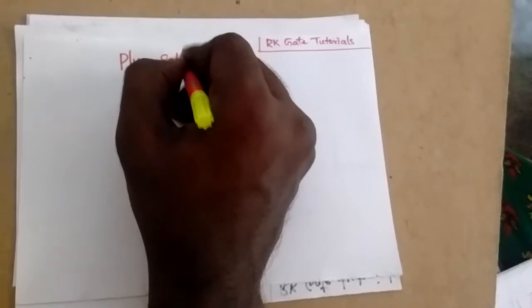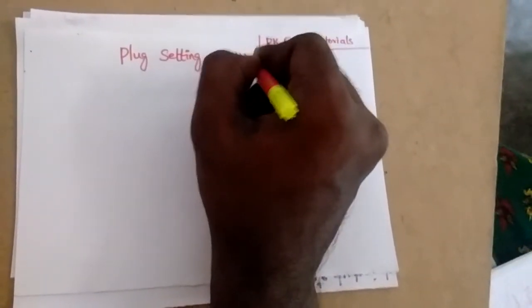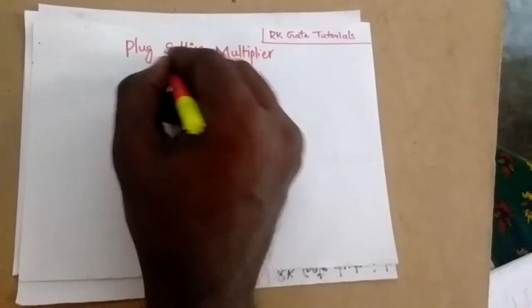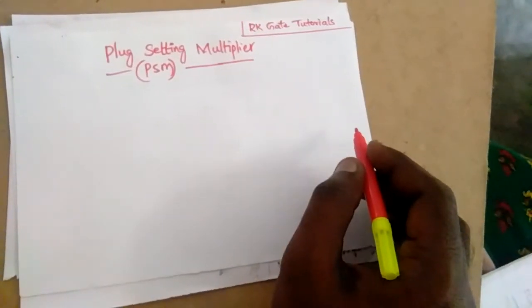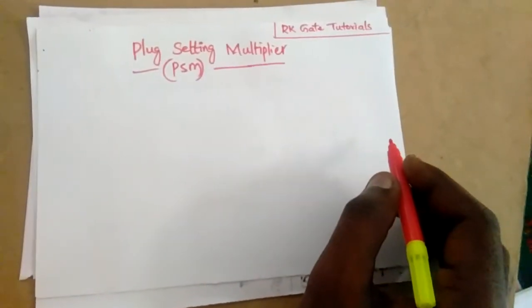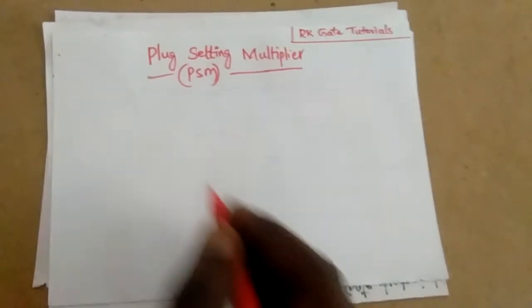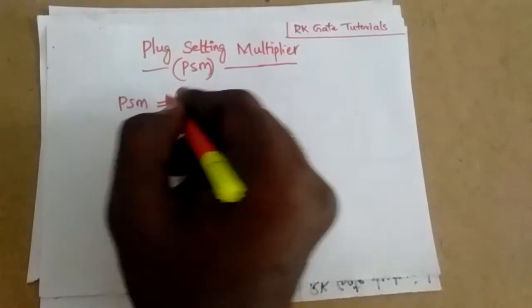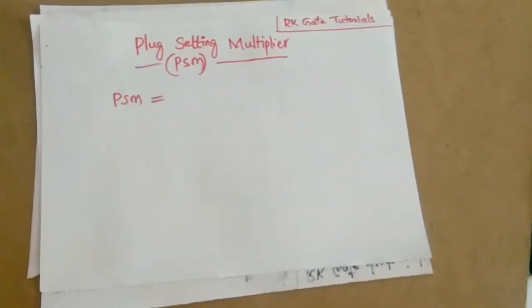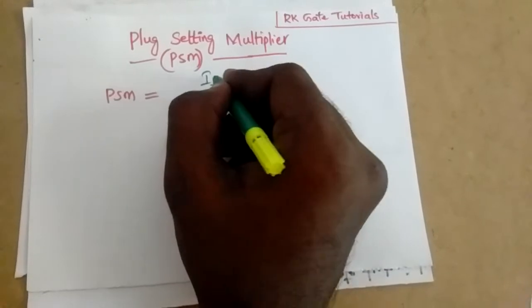Plug setting multiplier, PSM, is a very important topic for GATE, PSUs and ESE, etc. So what is plug setting multiplier? What is PSM? PSM can be formulated as a fault current subjected to primary